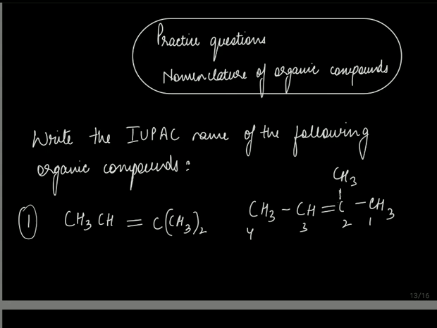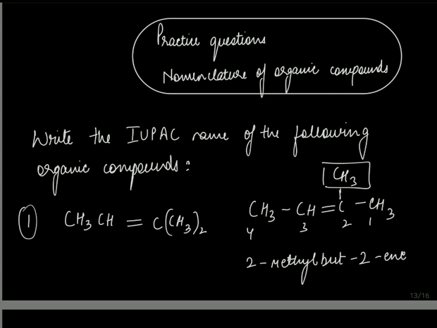So the name will become this: there is methyl at second, so it will be 2-methyl. Then between a number and an alphabet, a hyphen will come, and then the word root. The word root over here is nothing but the maximum number of carbon atoms in the main parent chain. So we have 4 over here. And then we have a double bond. Now if this double bond was on the terminal carbon, then you could have written just butene or but-1-ene, both are acceptable. But since it's coming in the middle, between 2 and 3 you have to take the lower number. So this will be but-2-ene. That's the answer.